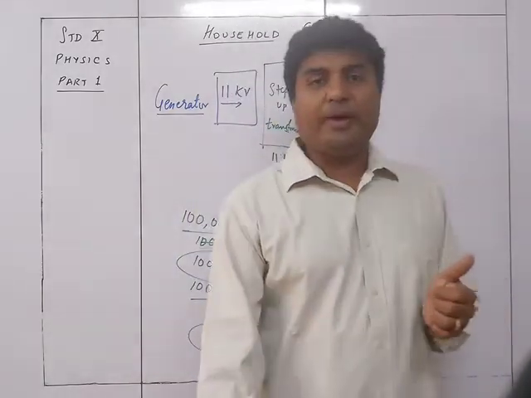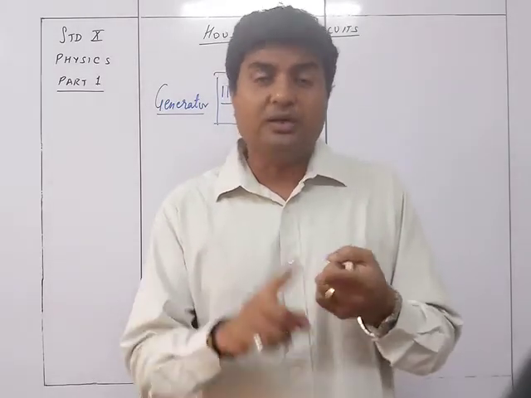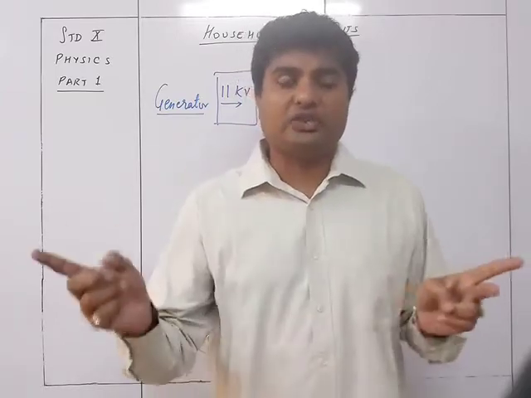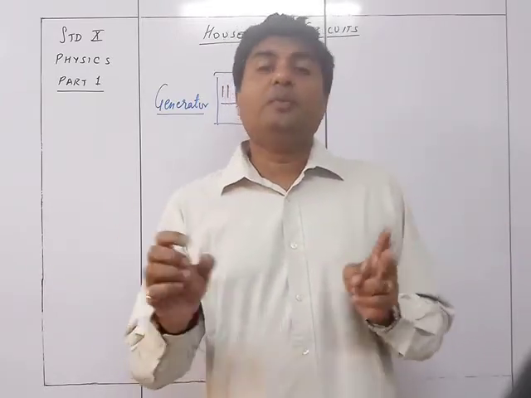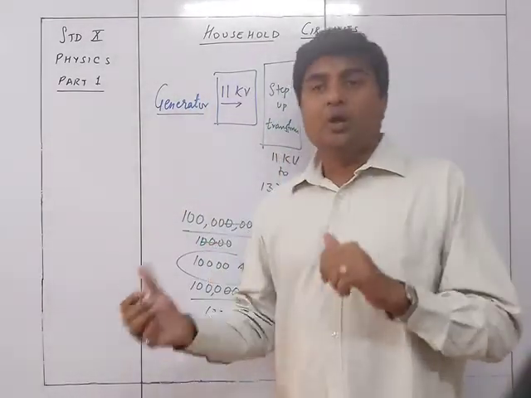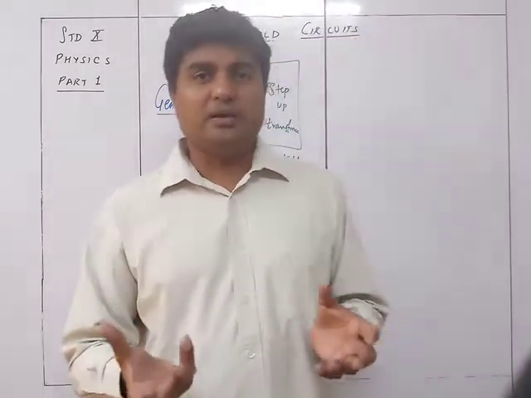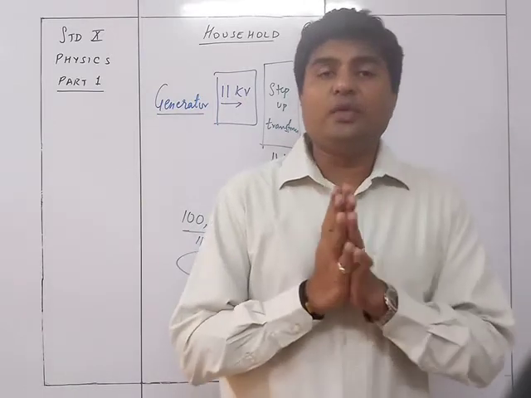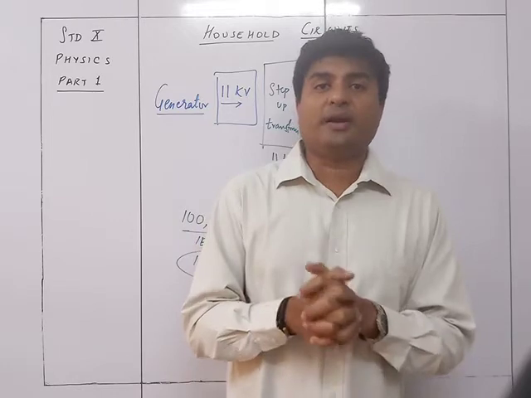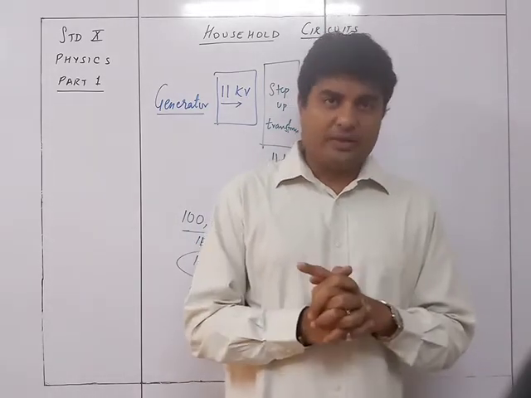That will give you many advantages, because first of all heating will be less, so there will be no loss of energy. Secondly, because the current is less, the wires required for conduction of the supply will not be so thick, because 10,000 ampere would need a very thick wire. The same thing, if I have 1000 ampere, automatically it will be at least 10 times smaller than the other one. So the decrease in the current is the most important requirement for sending the supply from one point to another point.